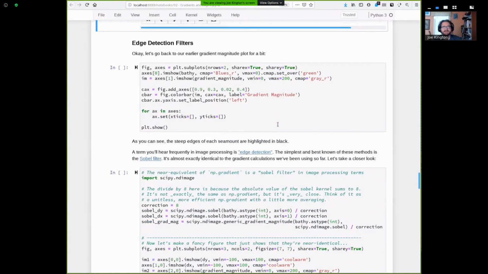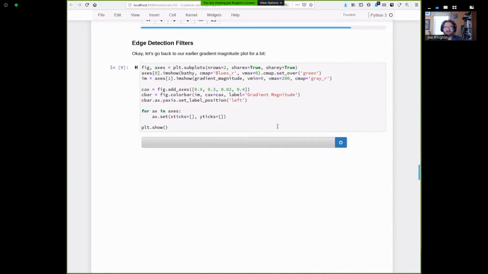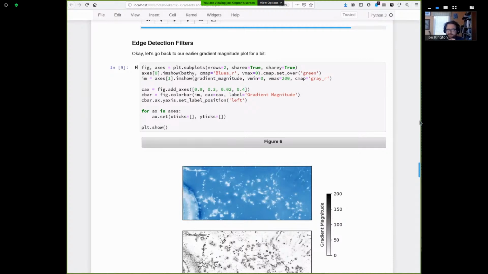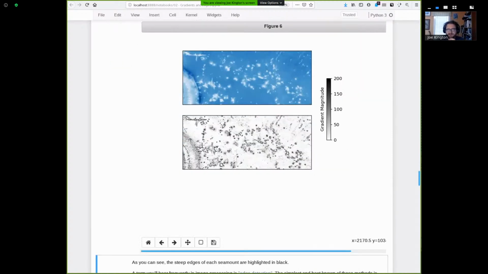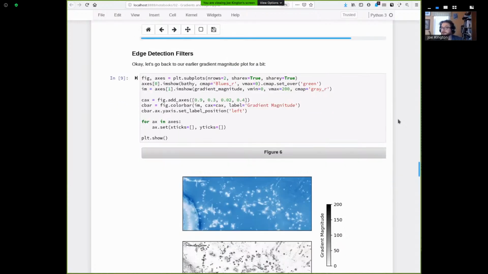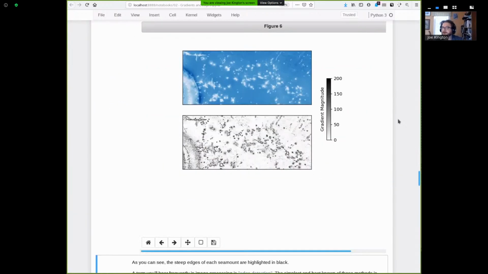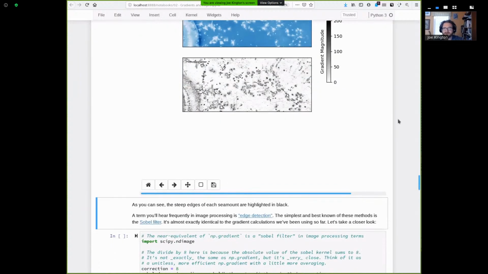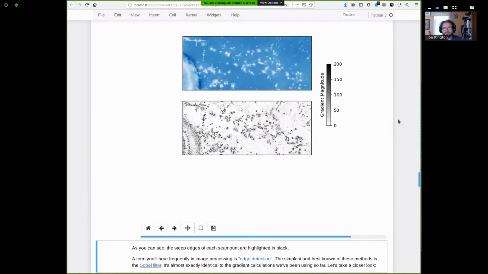Okay, so let's step back to gradient magnitude because it is a type of edge filter. So what it did is it detected big changes in our data, right? So those are edges. And edges are often features that we want to detect in data, be it an edge of a grain in thin section, or a lineament in an aerial photograph. Those are all types of edges. So edge filters are very useful, and they show up in a lot of different ways. Most of them are related to gradients in some way, and gradient magnitude. So I just want to mention that and talk about these in that order for that reason,